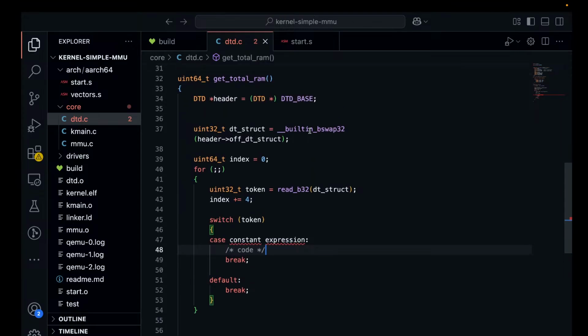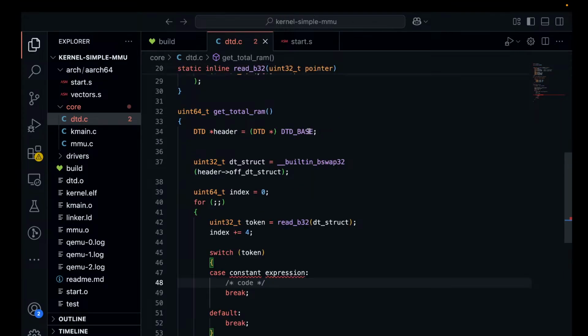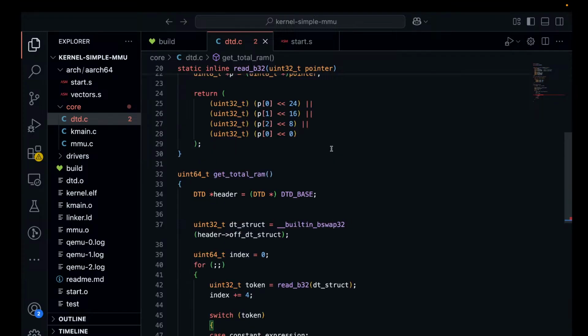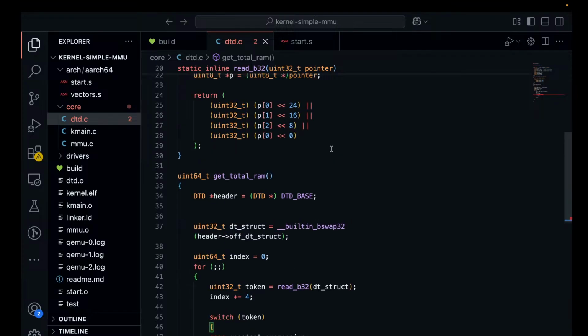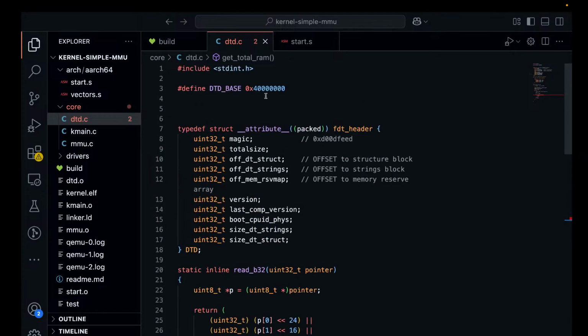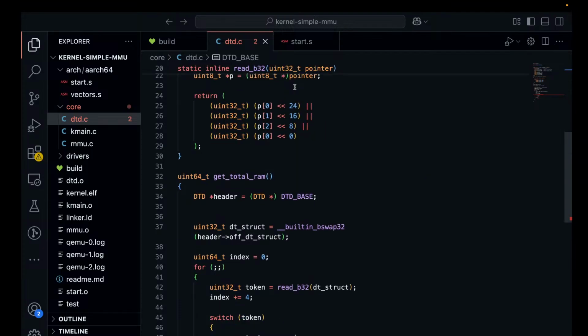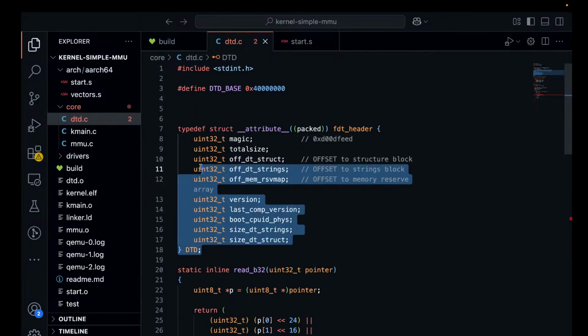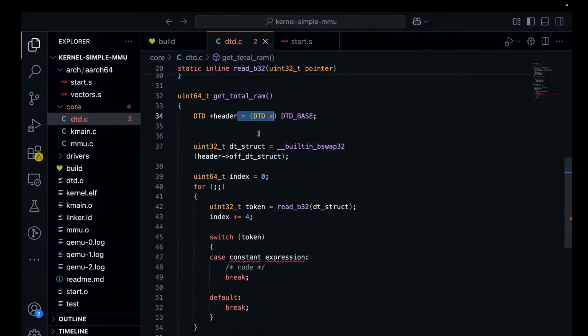But to start with, we need to parse the DTB. And DTB is like the metadata that is stored, that has this kind of information, like how many CPUs, how much memory, stuff like that. So in QEMU, we have it stored at 4000 for this base address. So we created this structure with that base address, and we can